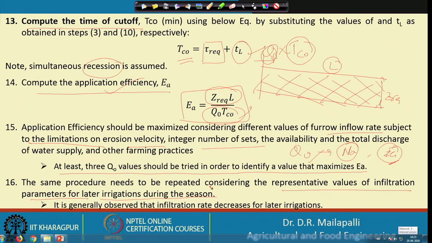For the first irrigation, you got Q naught, the number of sets to be irrigated and number of furrows to be irrigated, and then the other parameters like advance point, time of cutoff and irrigation efficiencies. Similarly, the same procedure you can use for the following subsequent irrigations,